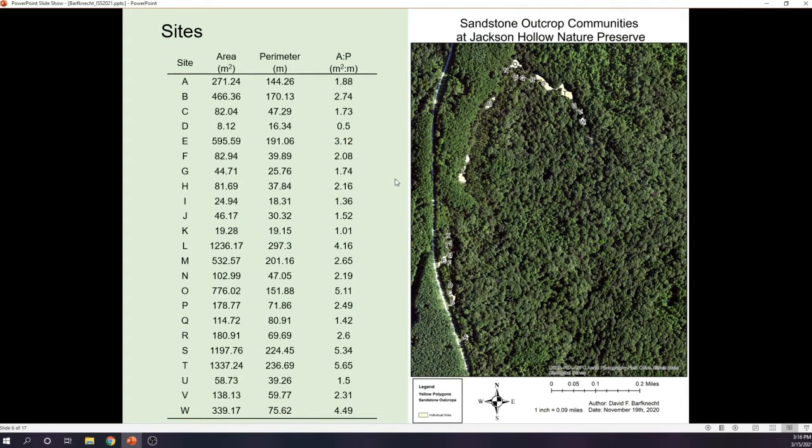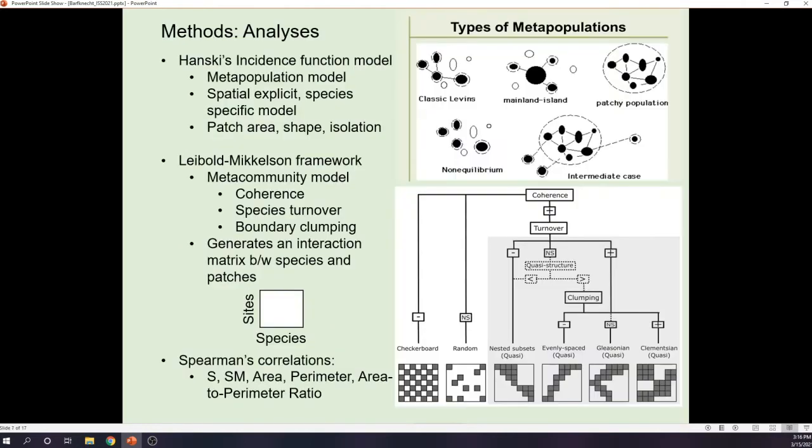And area to perimeter ratio itself is a very, very important characteristic for figuring out, based on patch dynamics, what actually influences the dispersal of individuals between local suitable sites. So that's important. So here are some of the larger contenders of the group, and this is the smaller one.